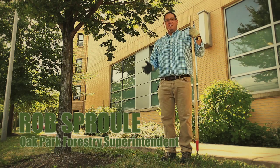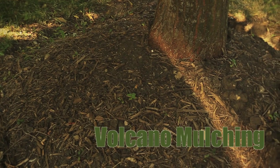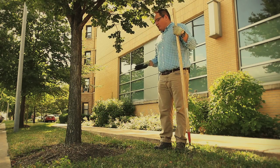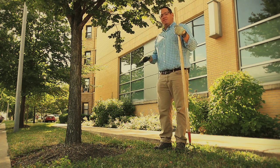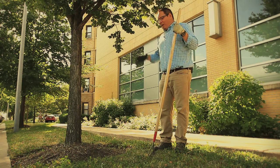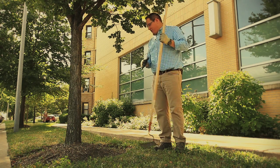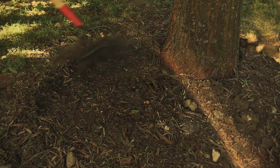Mulching is one of the easiest, most cost-effective and beneficial things you can do for your tree. So this is one of the most common problems we see throughout the village with mulch. It's what we term volcano mulching, where the mulch and the soil around the tree has been piled against the trunk. One of the most beneficial things that you can do for your parkway and private trees is to remove that excess material. And so it just starts with simply using a shovel or a rake to pull this material